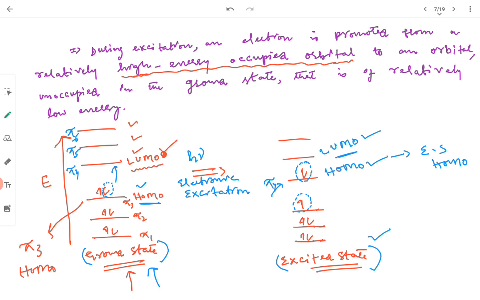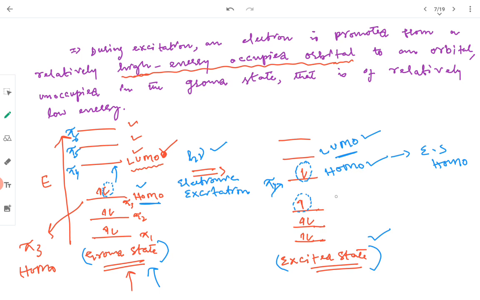So the electronic excitation starts from HOMO, and this electron goes to an unoccupied orbital in the ground state, but which is of lowest energy, that is the LUMO. So this electronic excitation starts from HOMO and it ends in LUMO. So after electronic excitation,